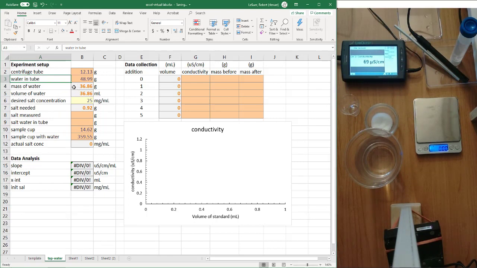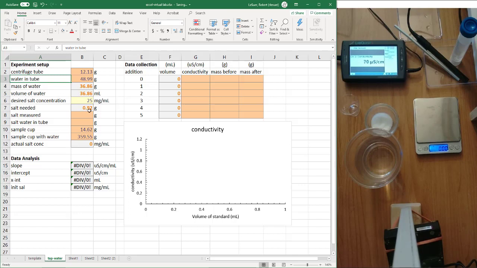And if we take a look at what we've done here, the mass of the water and volume of the water, obviously those are the same value because remember we're assuming the density is 1, so that's the same numerical value. So we've got 36.86 milliliters of water,